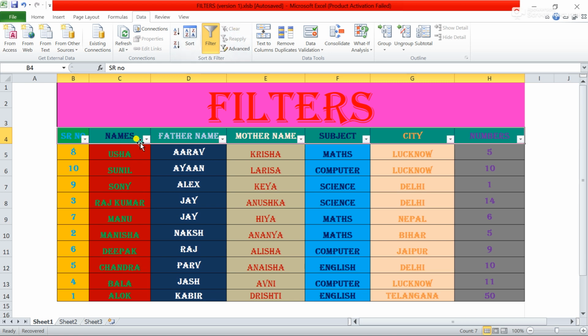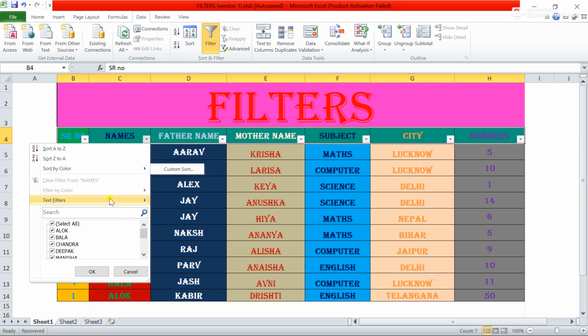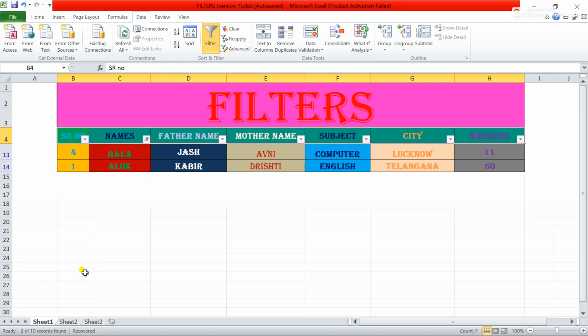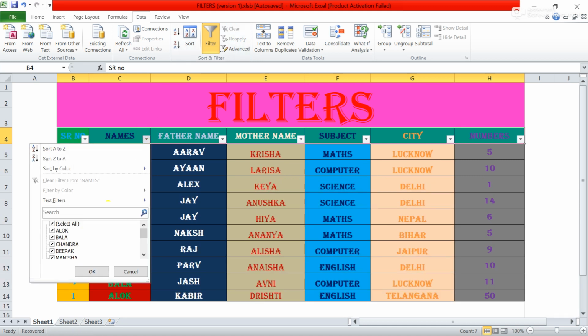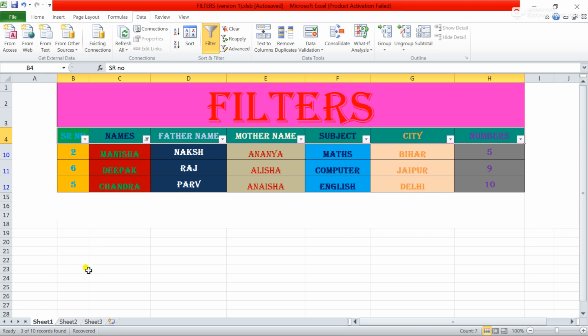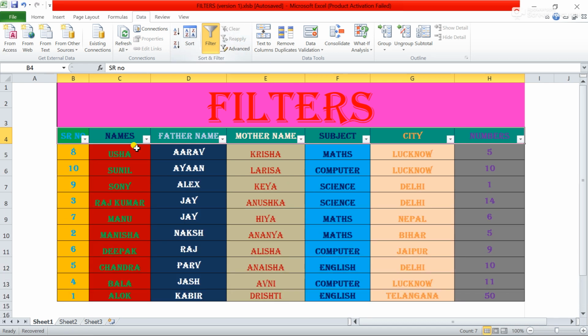Every time whenever you want, you should clear the filter. Now the second thing is that here all the data is selected. I want first and second, these two data I want. See, only two data is on the screen, other is invisible. Now again clear. Now here just click on this and now select this. I want this and these three data. So see, these three data are on the screen. Again click on clear, everything will come back.